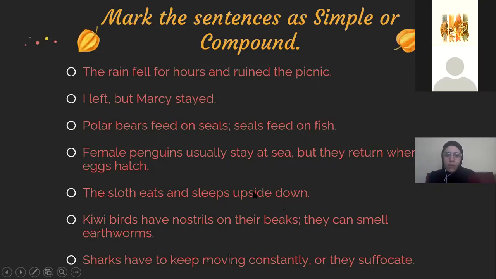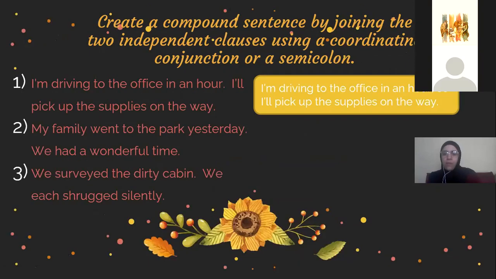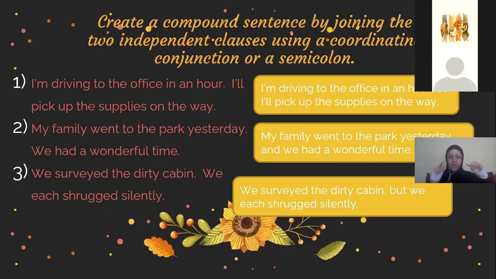Guys, one more thing you have to pay attention to: don't write a compound sentence with a fanboy without a comma, because if you write it without a comma, we're going to consider it wrong, because it will be considered a run-on sentence. If you remember, I said that before. Even if you add a capital letter after the semicolon, it would also be considered a run-on sentence, because in the quiz tomorrow you might have a question to correct sentences with mistakes,